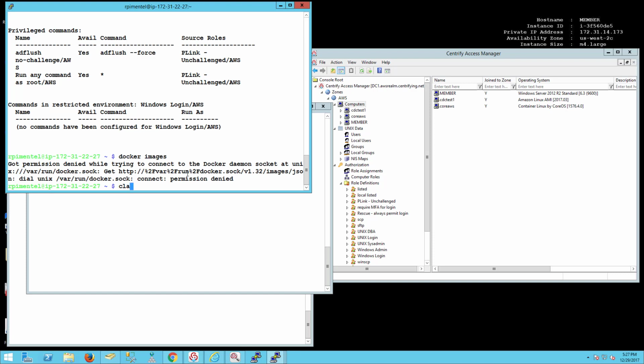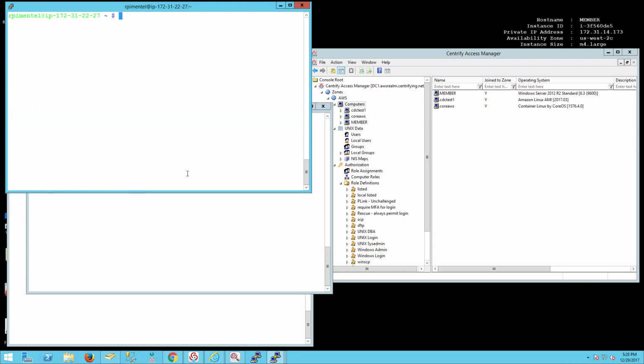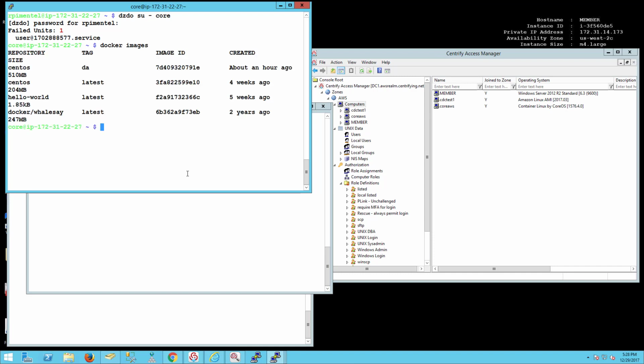However, the user can actually, in a centralized way, without having to deal with sudo, elevate to something like maybe the core account. He's going to be challenged based on what is required, and at this point, he'll be able to do his Docker stuff, right?